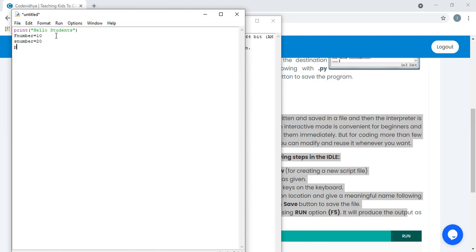For that we need to print a message. That's why we are using the print statement, and addition of two number is, now bracket close, and in the next line we will write the f number,